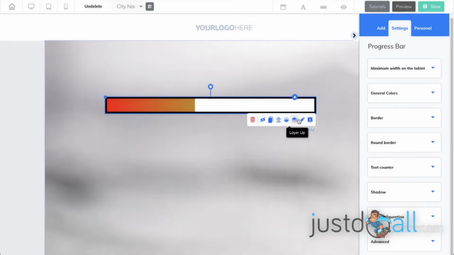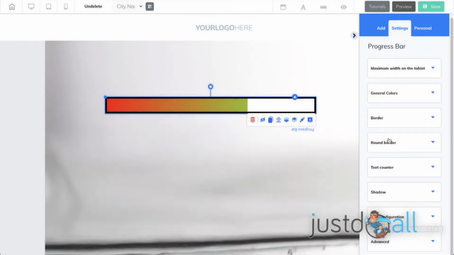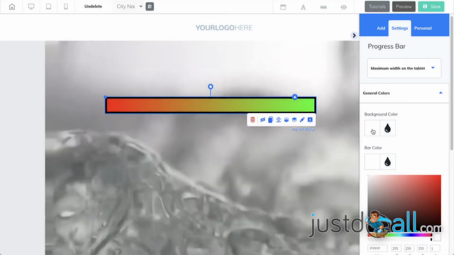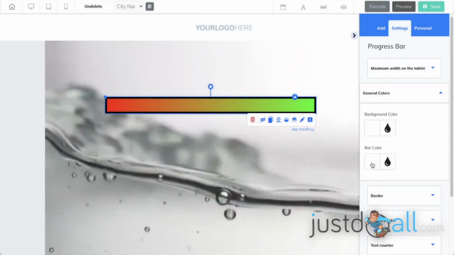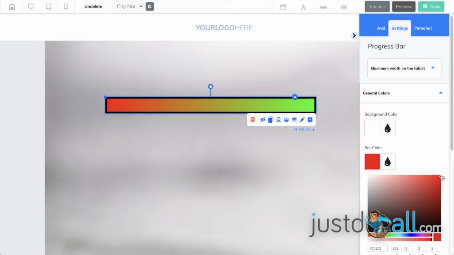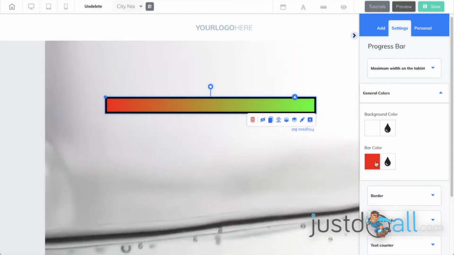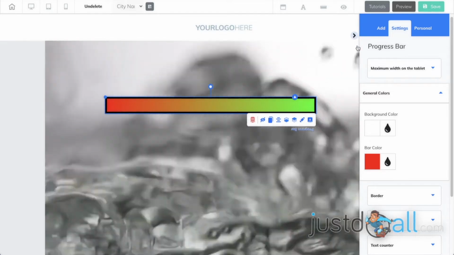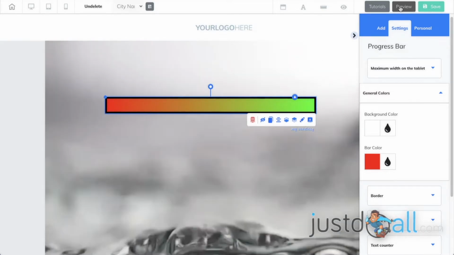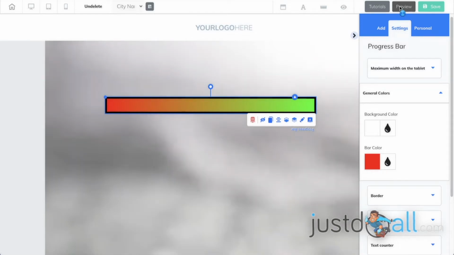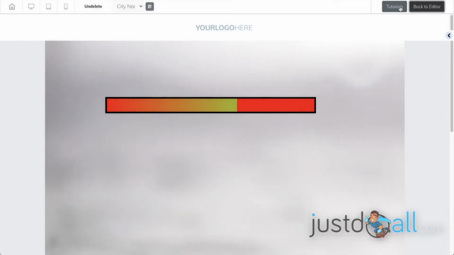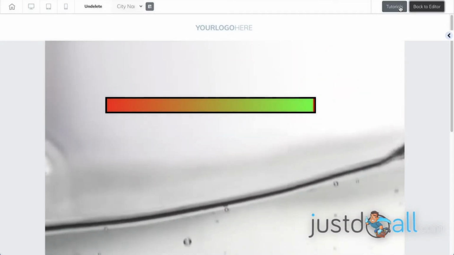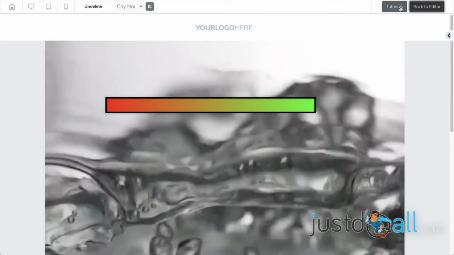If you click here, you change the color of, not the background, because the background is transparent so that we can see the gradient, but the bar color. Here, instead of being white, it could be red. So now what we see is a red bar, and then it reveals slowly. We will see it's a red bar, and up on the left it opens, and then it becomes green. So maybe red is not the best color to start with. Blue could be better, so the change will be visible.